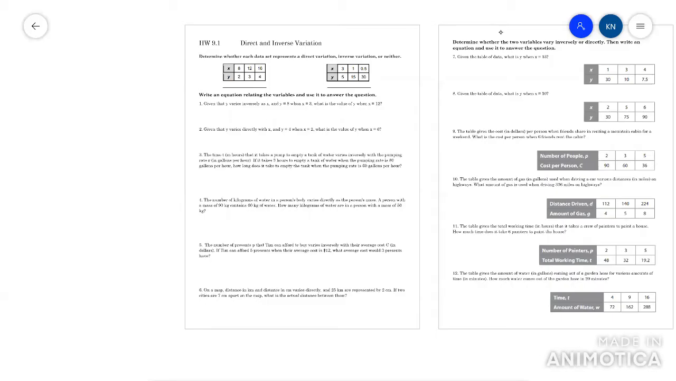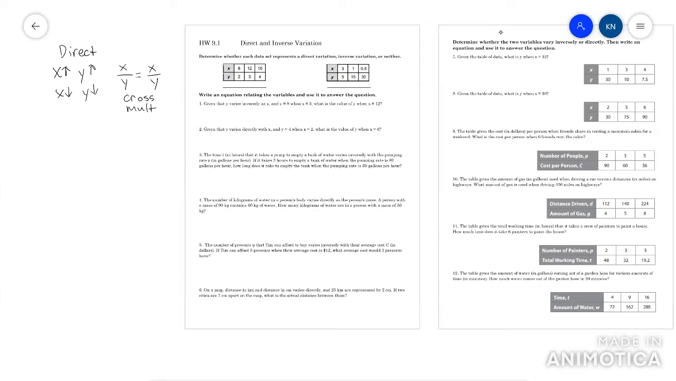All right, this video is going to go over 9.1, which is direct and inverse variation. So the first thing that I would say you need to know is direct is basically as x goes up, y goes up, or if x goes down, y goes down. They go the same direction. This one you'll just set up like x over y equals x over y, and you'll cross multiply